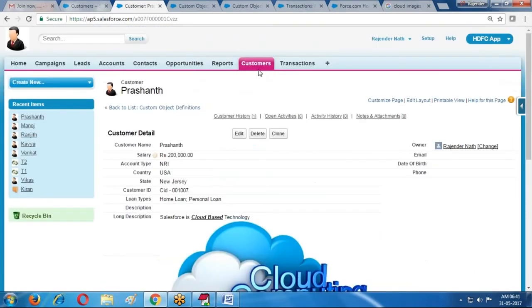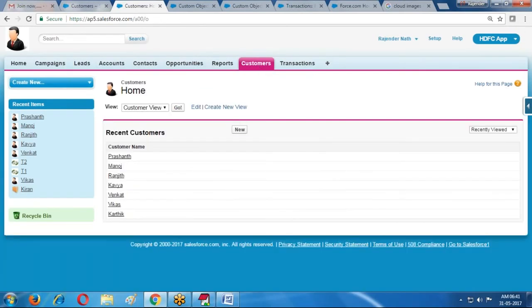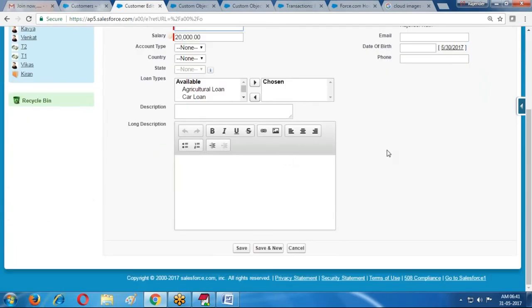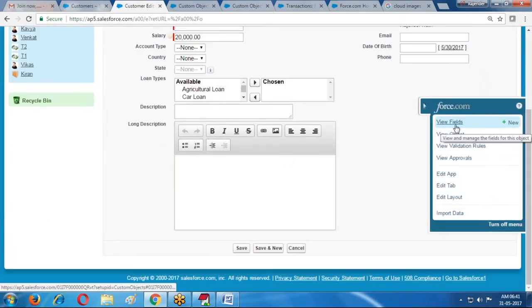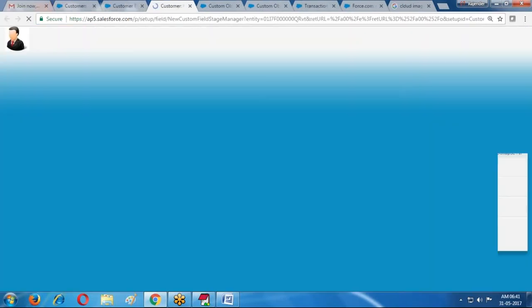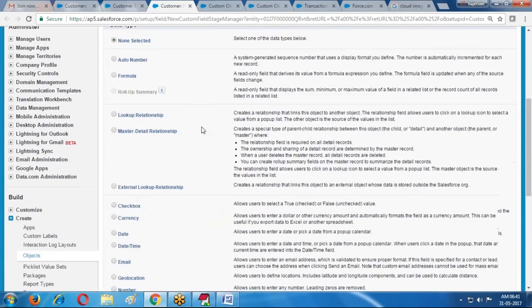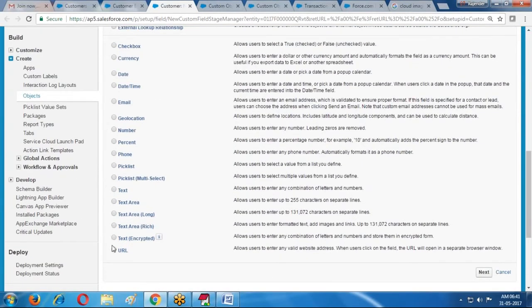Now I am creating one more field, credit card number. I require one field, credit card number. For this new field creation, I'm creating a text encrypted format field.